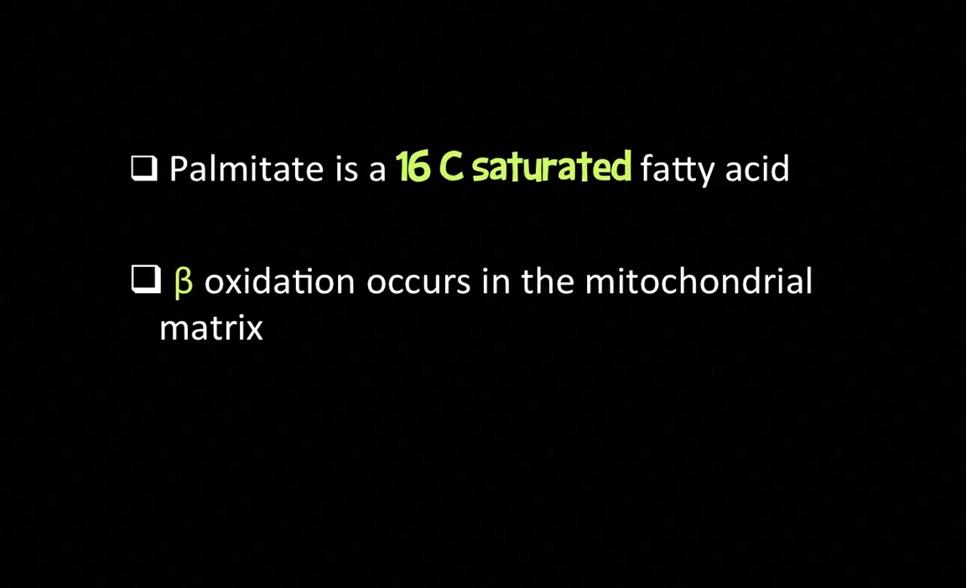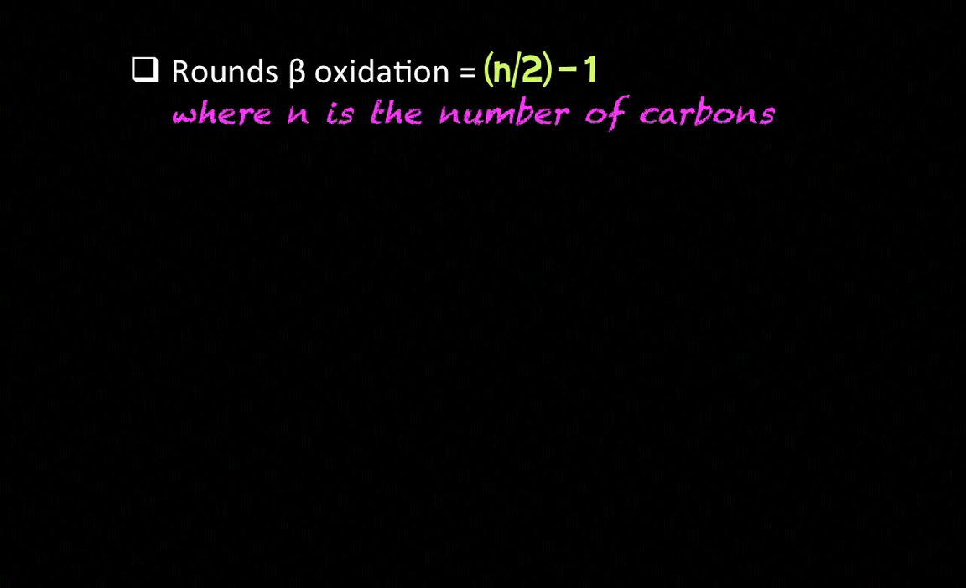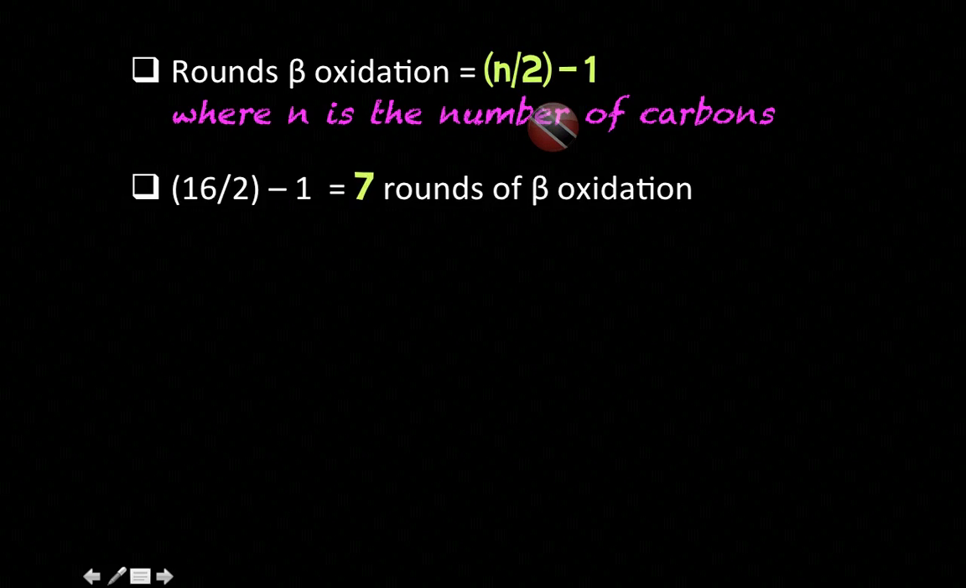All right, and then the next thing you need to know, at least for animals, is that beta oxidation occurs in the mitochondrial matrix. So the first thing we need to do is to calculate the number of rounds of beta oxidation. And to do that, you use a general formula, n over 2 minus 1, where n is the number of carbons. So for palmitate, n will be 16, and 16 over 2 minus 1 will give you 7